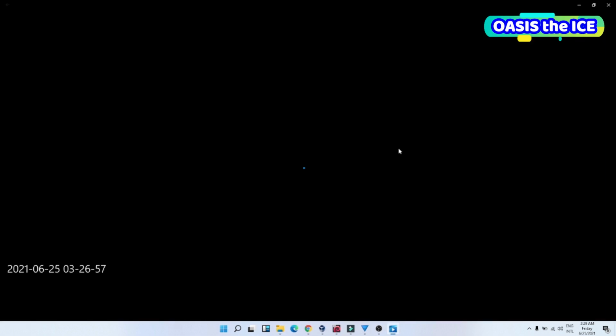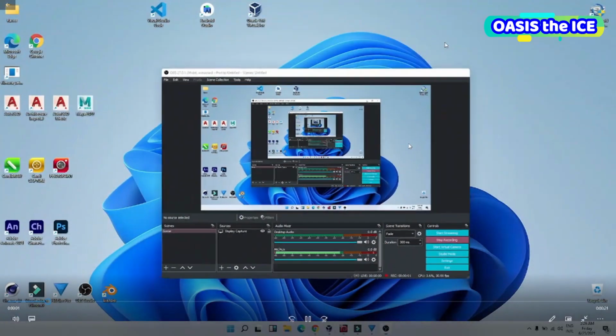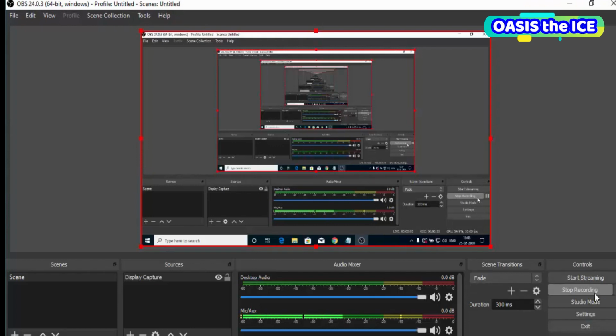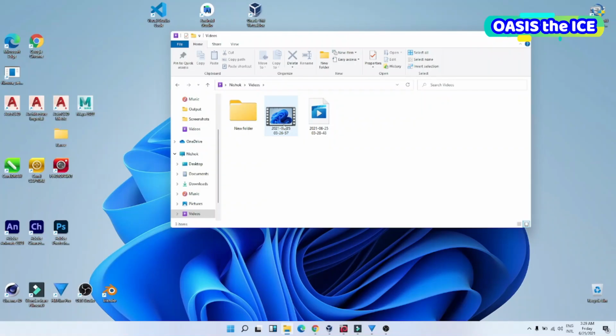The default format is the date on which this video is created and the time on which this video is created. So once you are done with your recording, you can just stop your recording, or if you want to pause your recording, you can click this button also. So I'm going to just click on the stop recording button, which is going to save my screen recording in this file. So you can see this is saved.